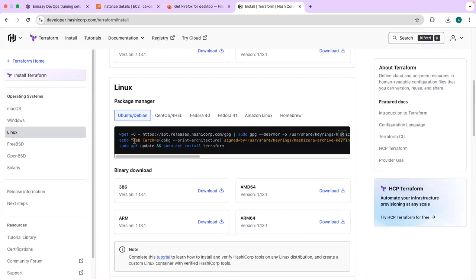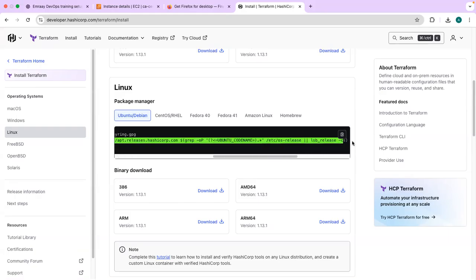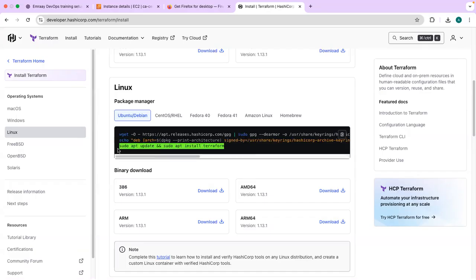As you can see, you first of all download it. After you download it, you are going to unlock it, I believe. After you unlock it, you are now going to add it to the App Store, like this.